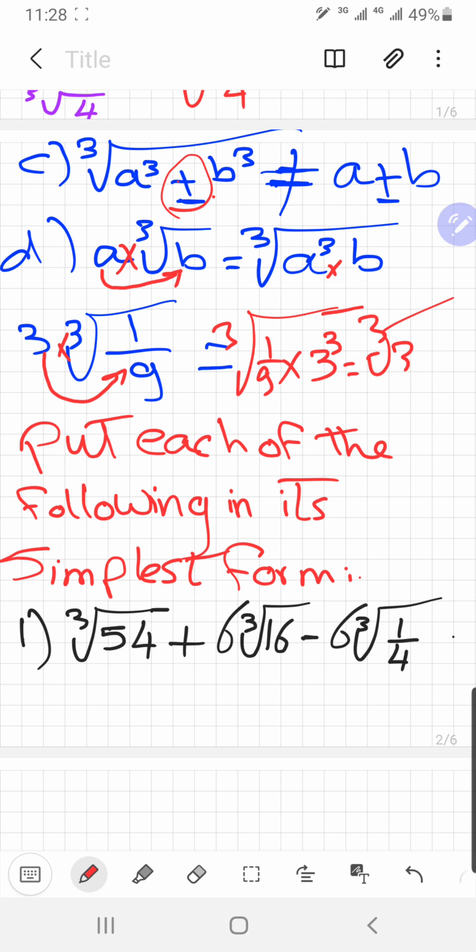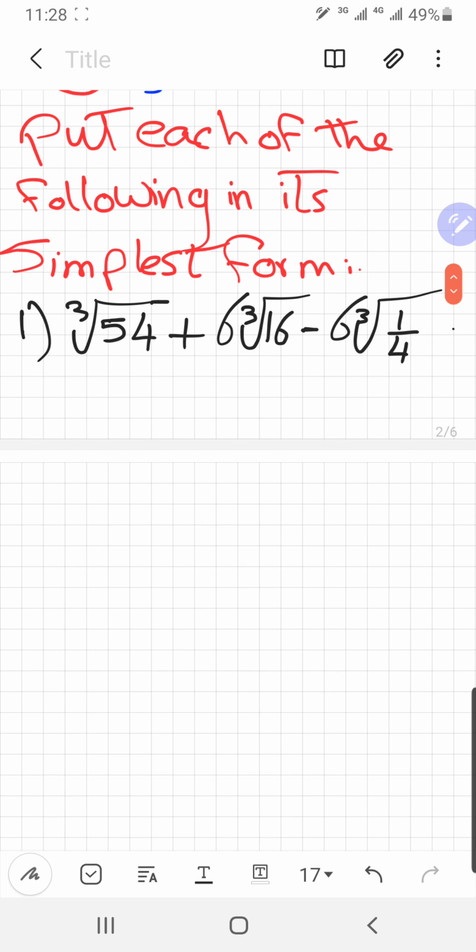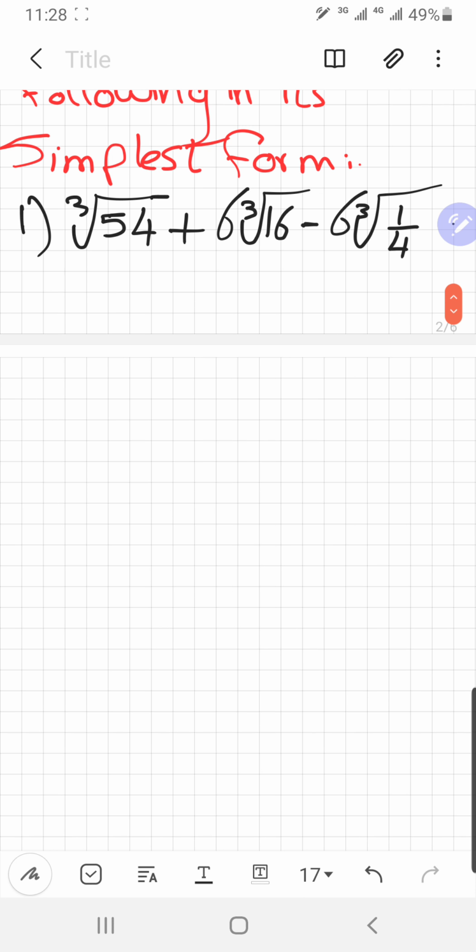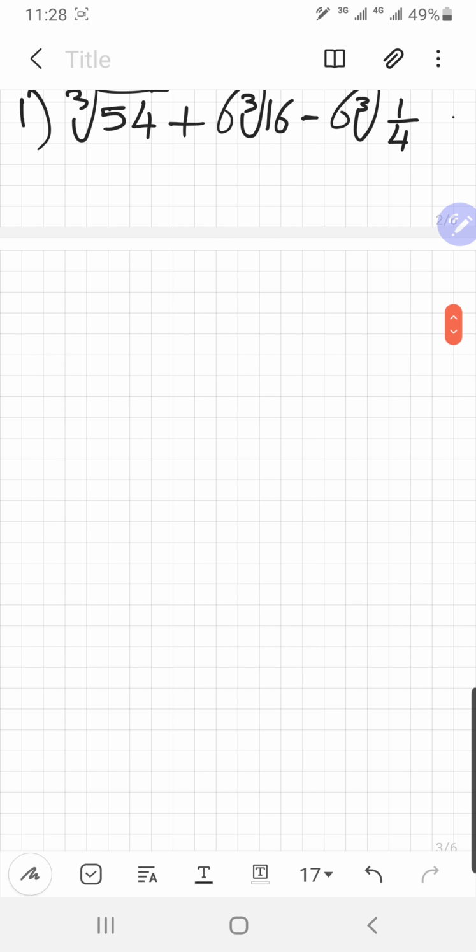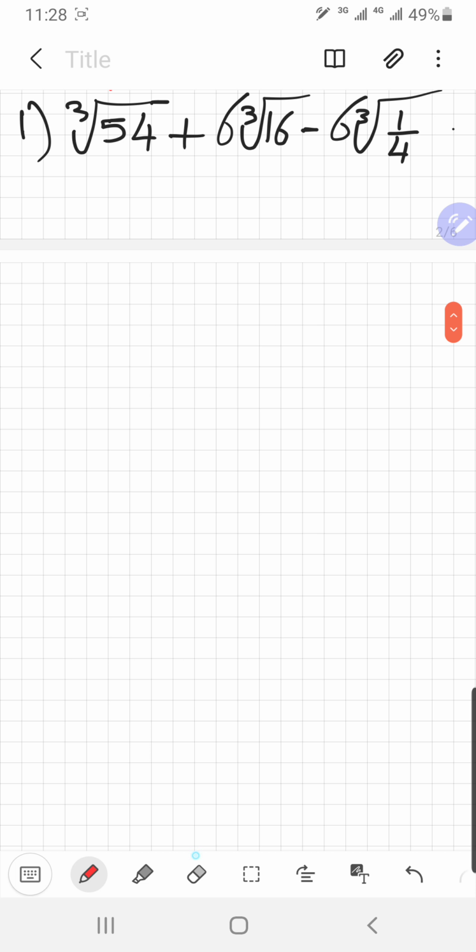Now let's take an example. Put each of the following in its simplest form. First of all, in this example you have cubic root 54 plus 6 cubic root 16 minus 6 cubic root 1 over 4. When I am talking about cubic root 54, I must do it with